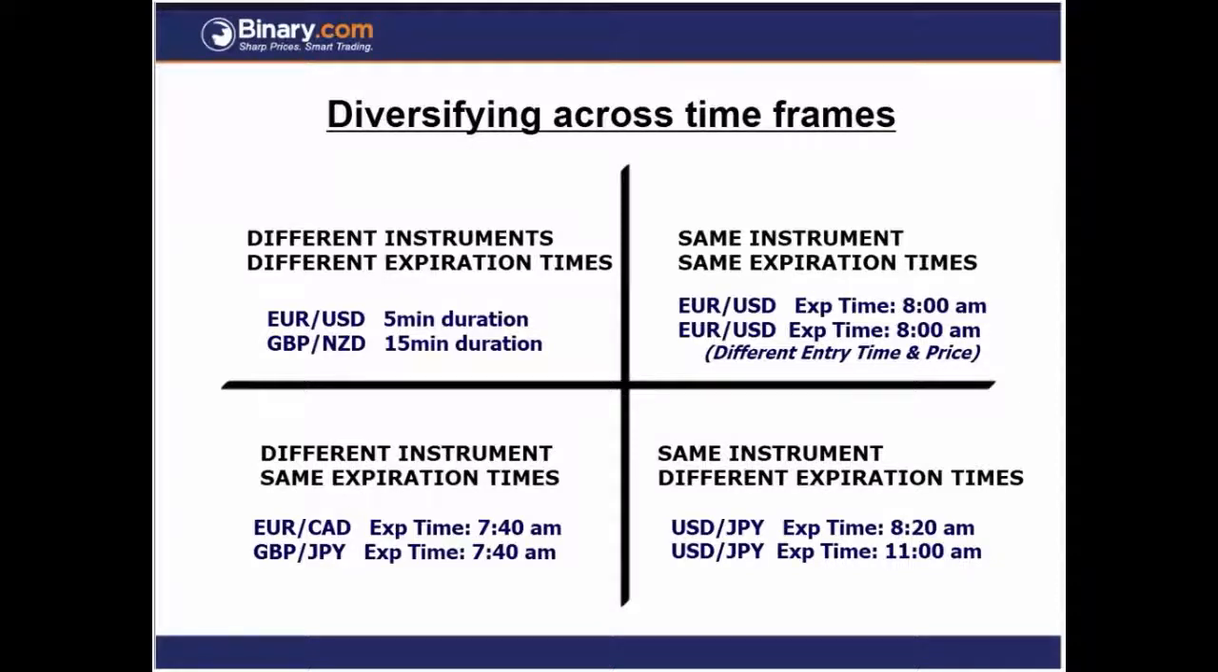Another way is the same instrument, different expiration times. That means I might trade the US yen, and get in at 8 o'clock and have it expire at 8:20. I'm going for a 20-minute window. And then I might choose to get in a little bit later and make the expiration, let's say, 11. So I'm trading across different expiration times. Those are different tools that you can add to your toolbox, your trading arsenal,